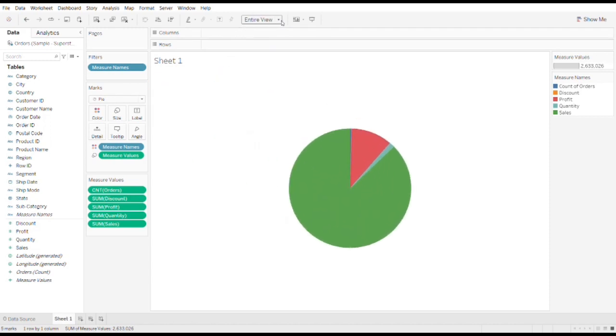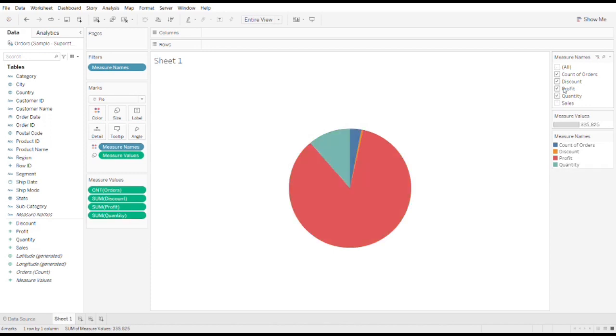Enter value. So we can change this. As you see, it's easy to read. What does every color mean? The names filter, show filters. I would like to cancel sales and the profit,